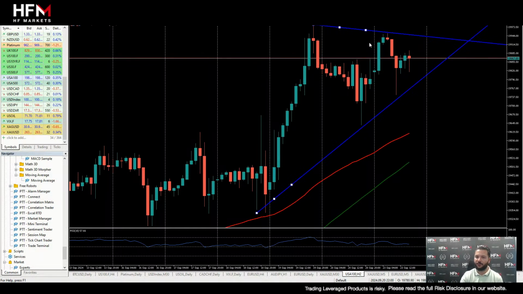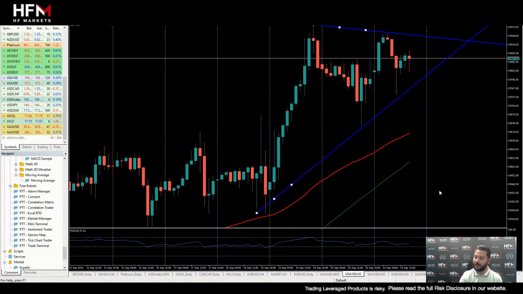If we're looking at a symmetrical triangle, it's more neutral. What can we look at in terms of this indication? What we can look at is if it crosses outside of this triangle. For example, if it crosses below here, we can look at that as a signal and speculate based on that breakout. If it's going to cross above here, again, we can do the same. Of course, in the opposite direction.